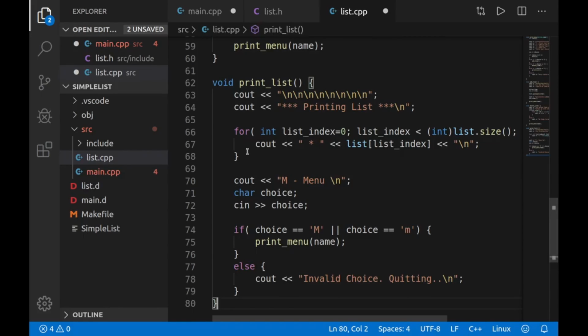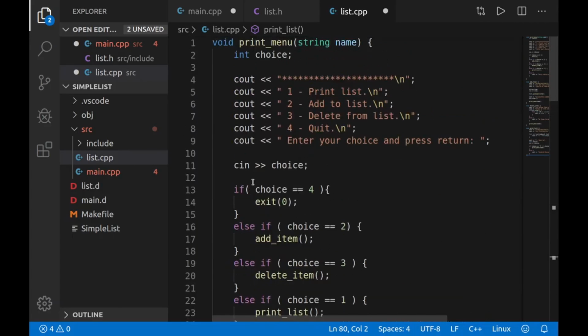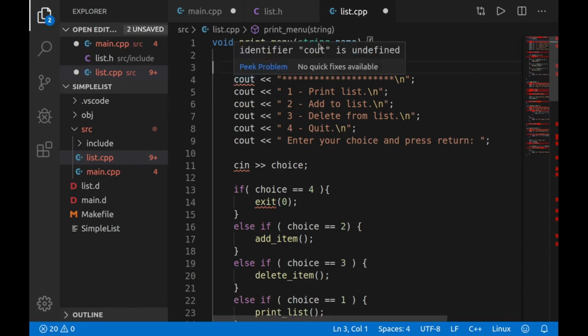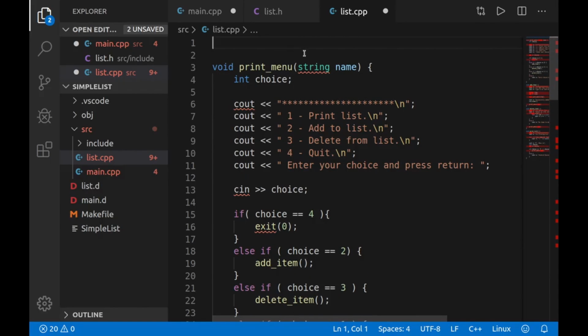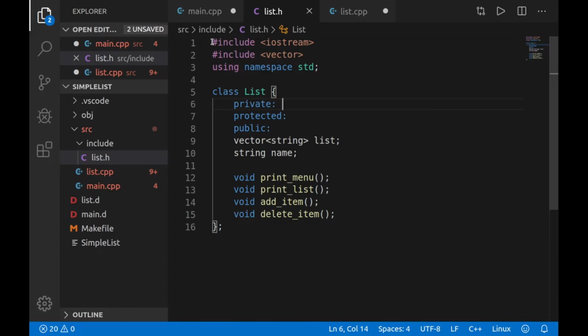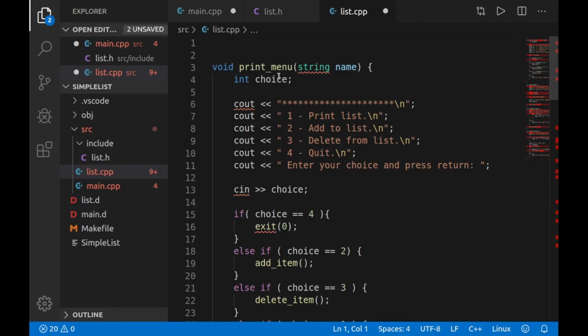And I bet you we get a little bit of complaining here that some stuff is missing. Yep, so it can't resolve cout, it can't resolve string, can't resolve a bunch of things here. But that's okay, because the IDE currently doesn't know what in the world a string is and all that fun stuff. So what we can actually do is include our header file, because our header file already has IOStream and vector and what namespace we're using, the standard namespace, and that will help resolve all of these things that are currently in red. So let's just do this, include,